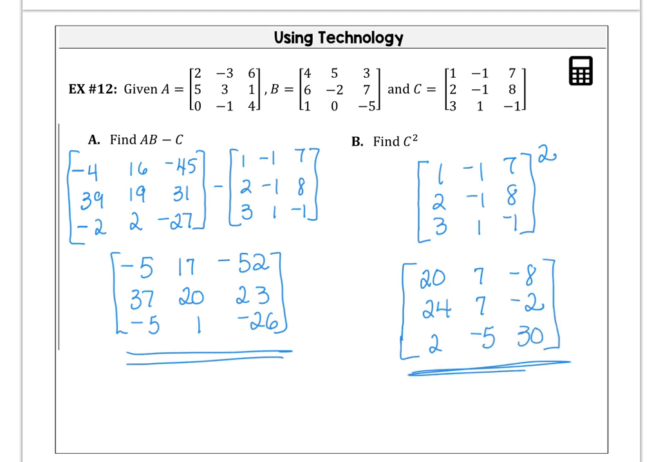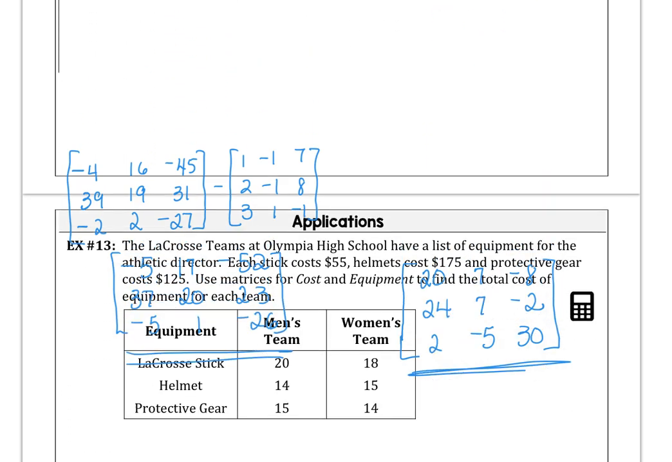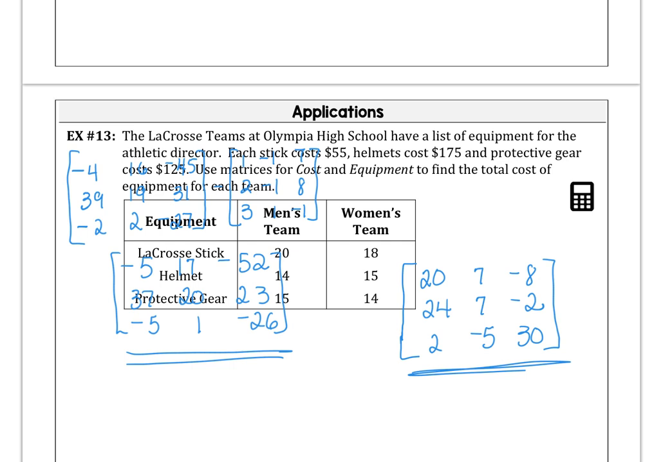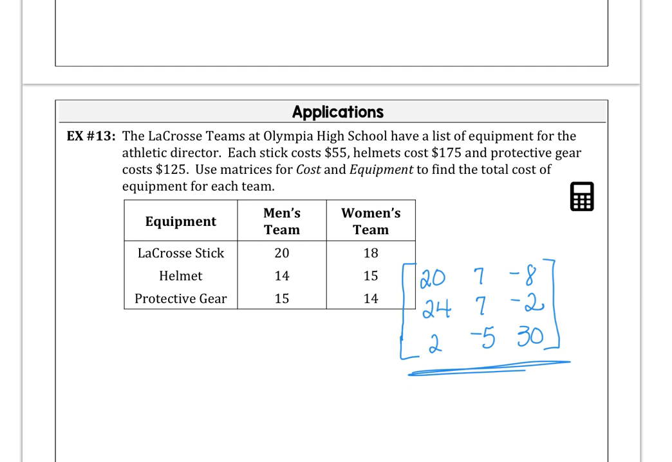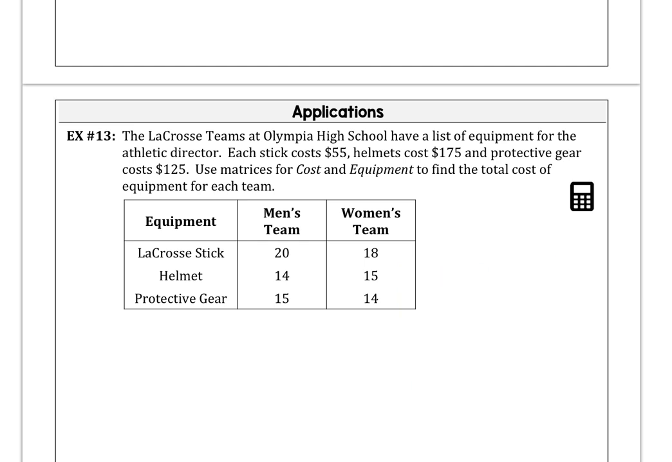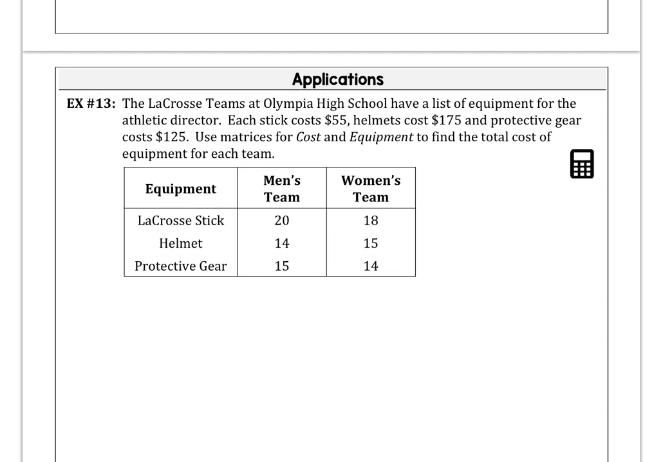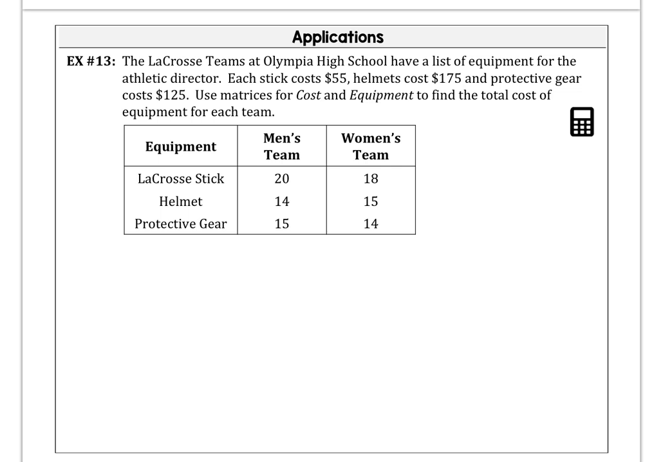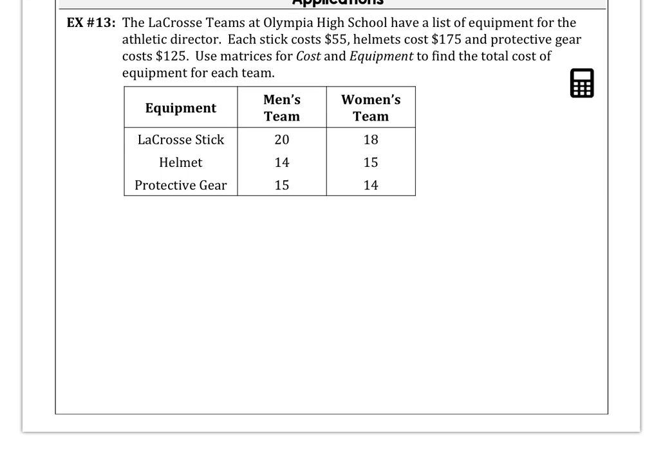And finally, for example 13, it's another application question. We have the lacrosse team at Olympia High School. They have a list of equipment for the athletic director to purchase for them. And each stick costs $55. The helmets cost $175. And the protective gear cost $125. We want to use matrices for cost and equipment to find the total cost equipment for each team. So we want to set up